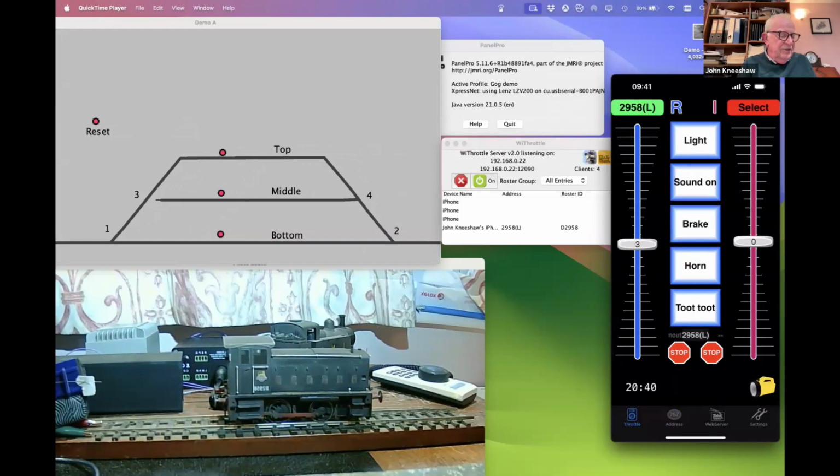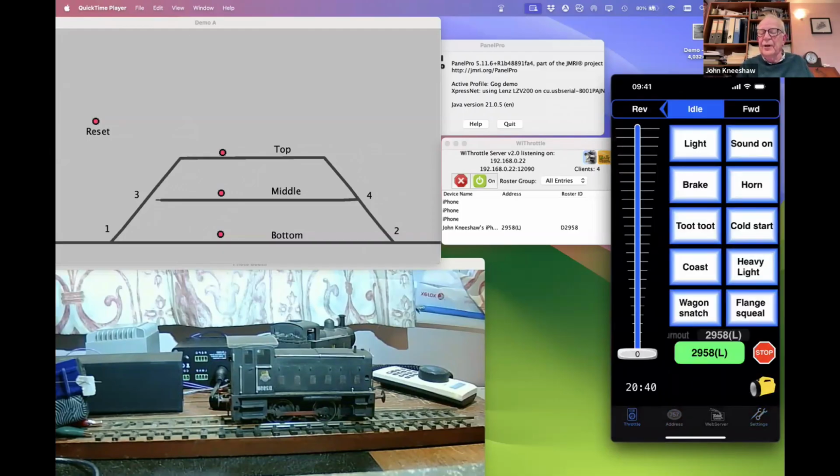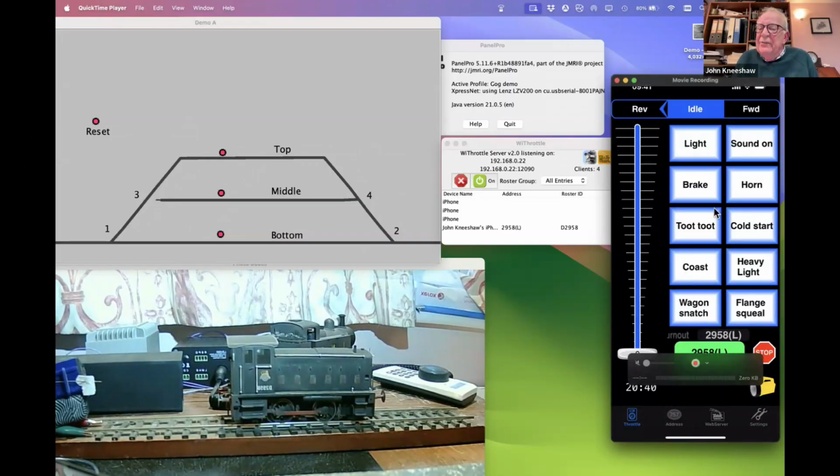Now, the other thing you notice with this is I've got a lot of information in here, and I'll get rid of that setup if I don't particularly like it and come back to this one. No, that was the simple one. We've got information where we previously had stuff saying F1 and F2, which is all very useful as long as you can remember what F1 and F2 is. But if you can write on your buttons what they do, like toot toot,